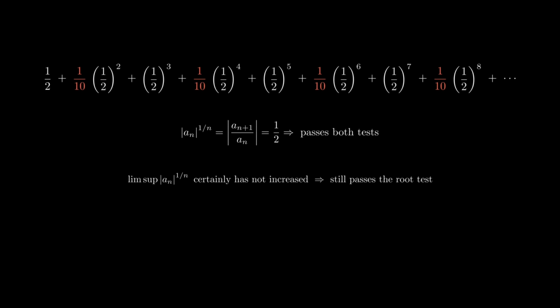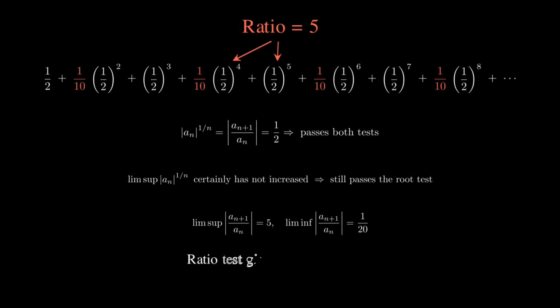But every other ratio is 5, so the lim sup of the ratios is 5, the lim inf is 1/20th, and the ratio test gives no information. Remember, we need the lim sup below 1 or the lim inf above 1 to use the ratio test. This should give you a good understanding of what makes the root test stronger, but if you insist on seeing